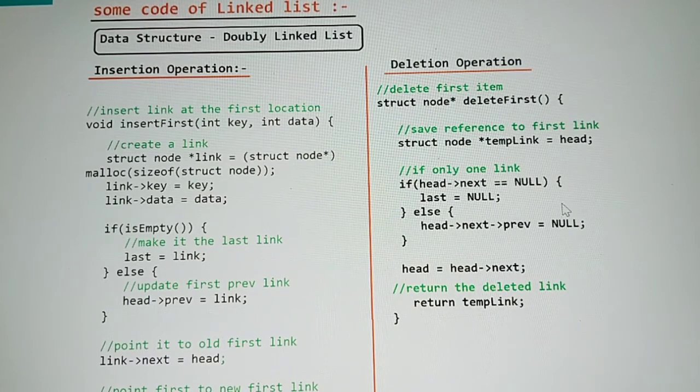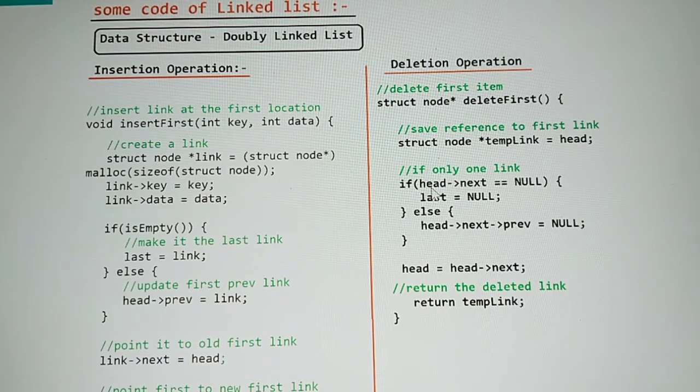And in this video I am going to briefly explain the code and the data structure and algorithmic code of linked list. So watch carefully, and if you have not seen my previous two videos, please see all of the linked list videos for a better concept. So now, let's start.